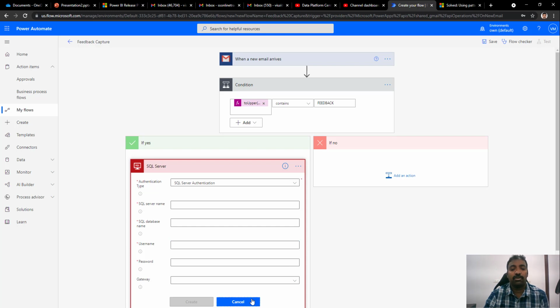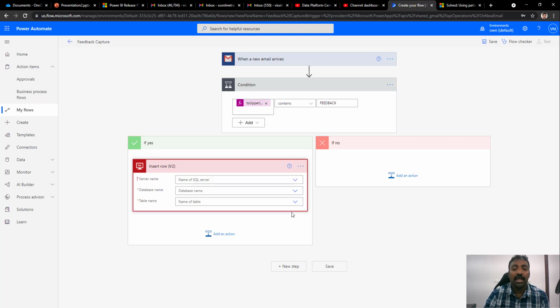In this case we are not going to do that, because we have already created the connection to our Azure database. The details you enter here are exactly the same as the connection details you enter in your SSMS, which is SQL Server Management Studio, or any client tool. Just pass the server name copied from your Azure portal, pass the database name, the username, the password and everything, and it will automatically get connected.